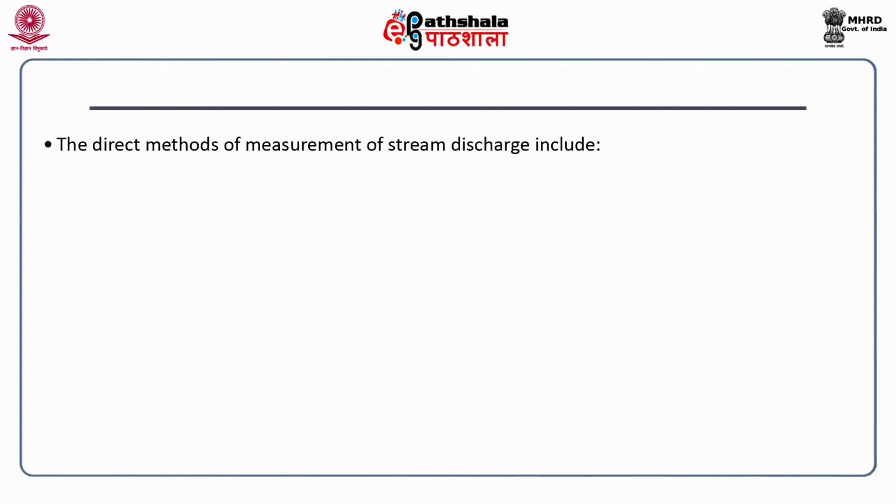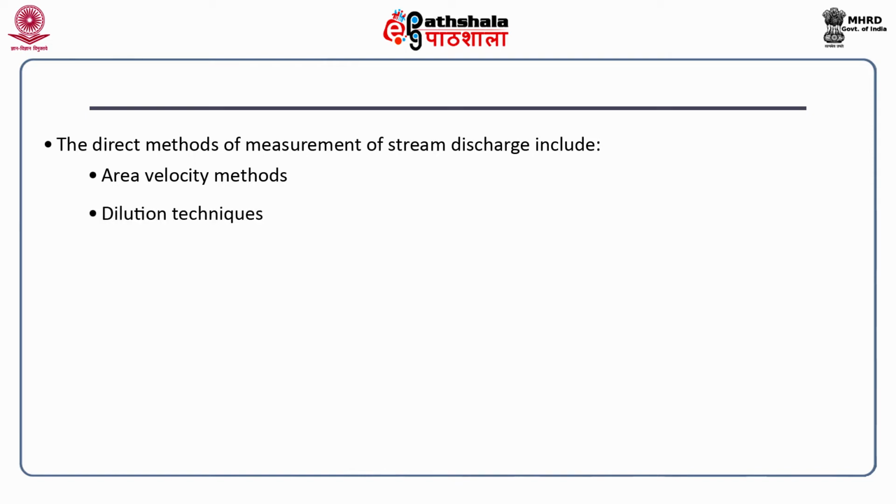Now, these direct measurement techniques are used for measurement of water in streams. We will discuss the area velocity method. Now, why area and why velocity? Because when we are talking in terms of discharge, it is the area multiplied by velocity. And why is that so? Because it is meter cube per second. So, the area is the cross sectional area of the stream, while the velocity is measured in meters per second. Many times the velocity is measured as centimeters per second as well.